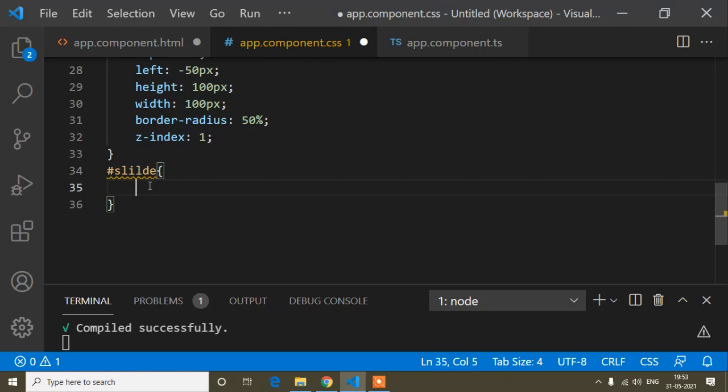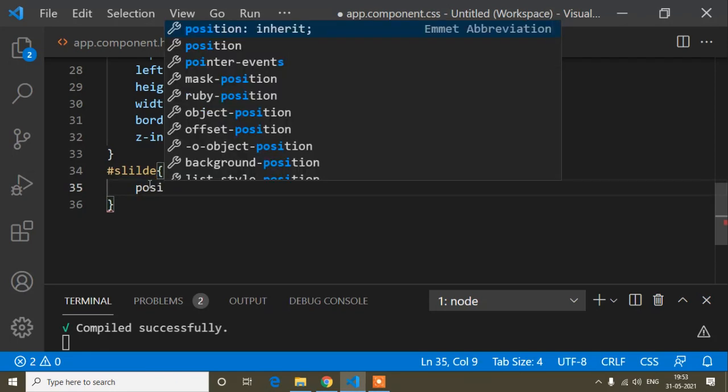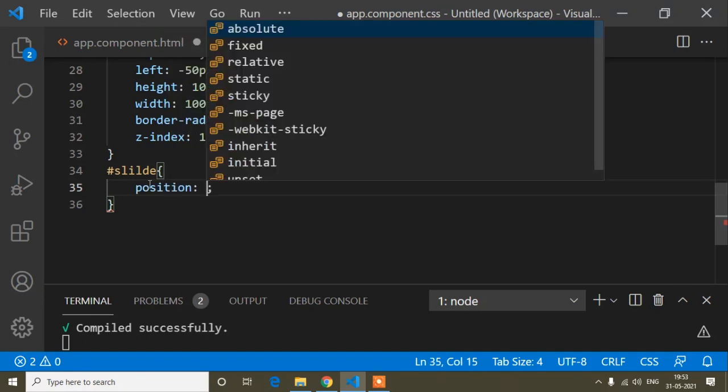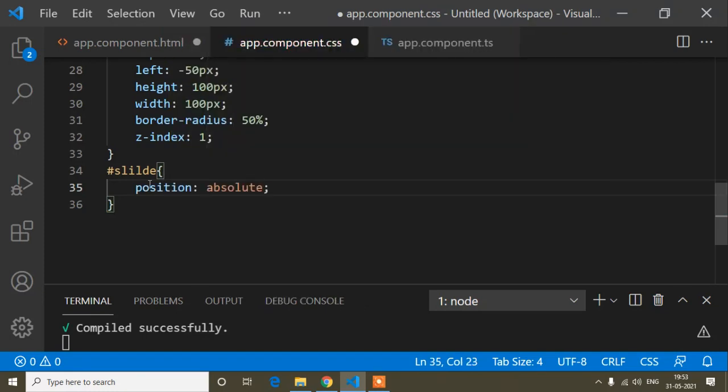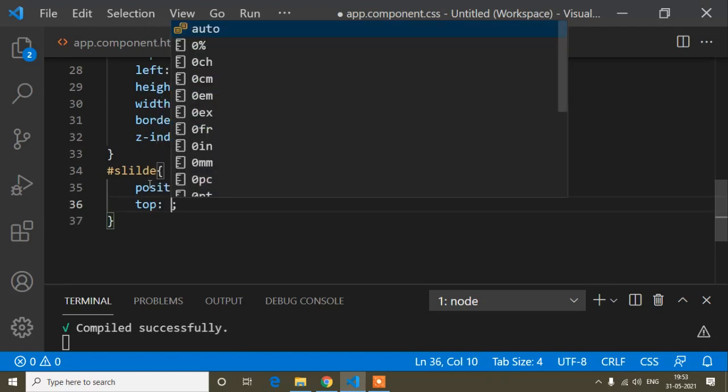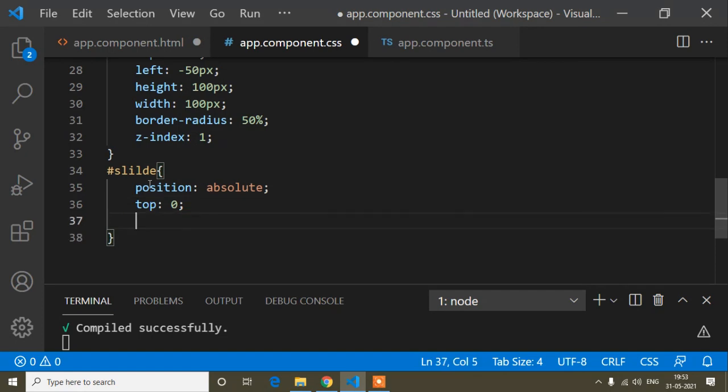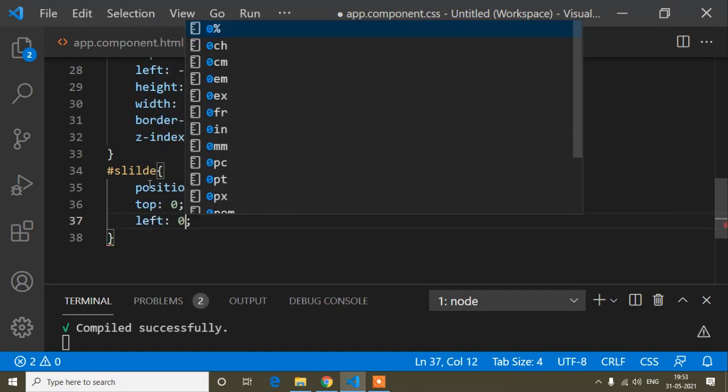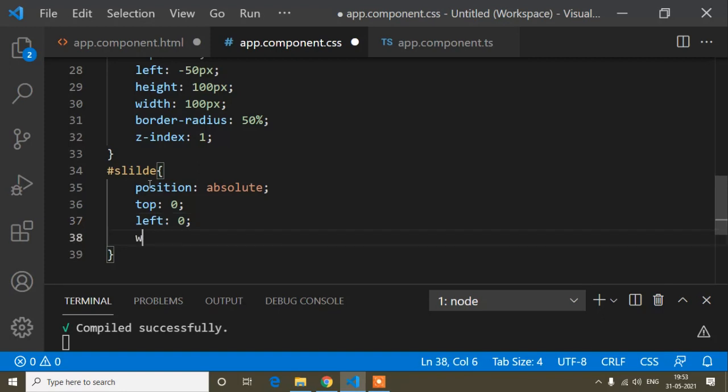Now this div will be moved when I click the preview and next button, which means this div will also be floated. When we make any div floated, we write position absolute, and this div will start from the top. So top is 0, left is 0, and width is 100%.